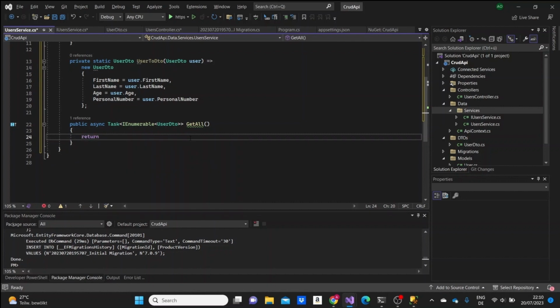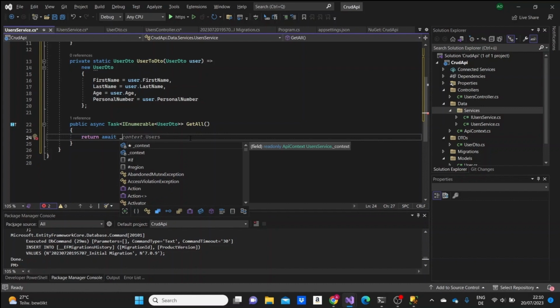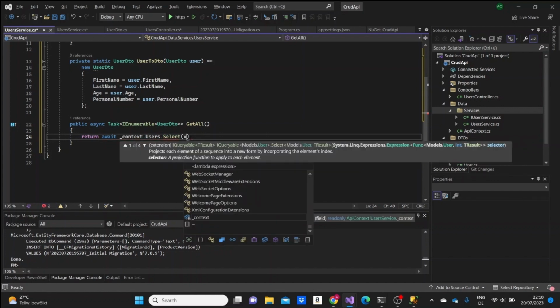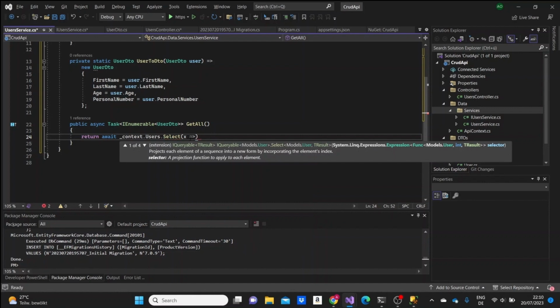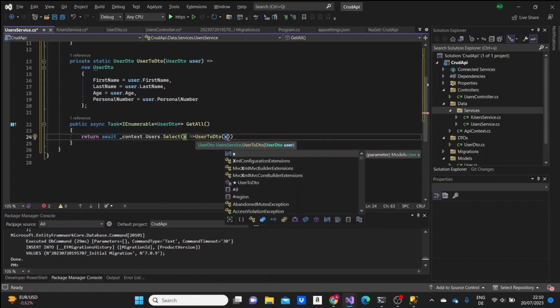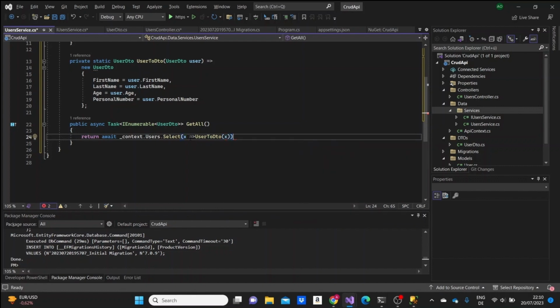And we can just now start working with our first method. So we'll return await context.users.select. So in the users context, we'll select from all of the users. So we'll take each user and we'll perform this user2DTO function, or method, to them. So